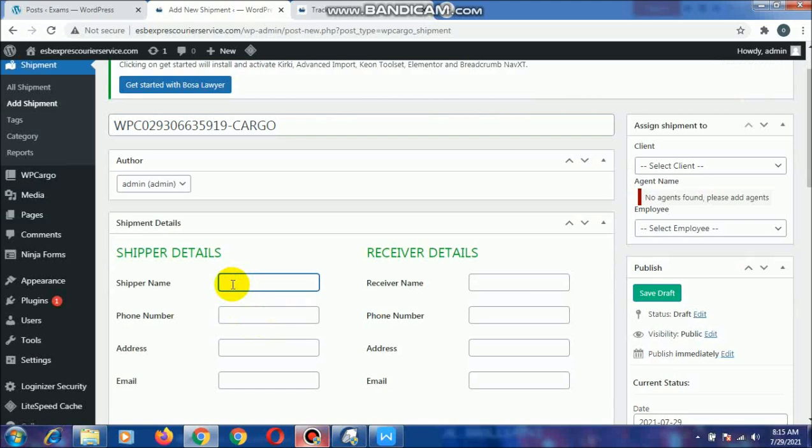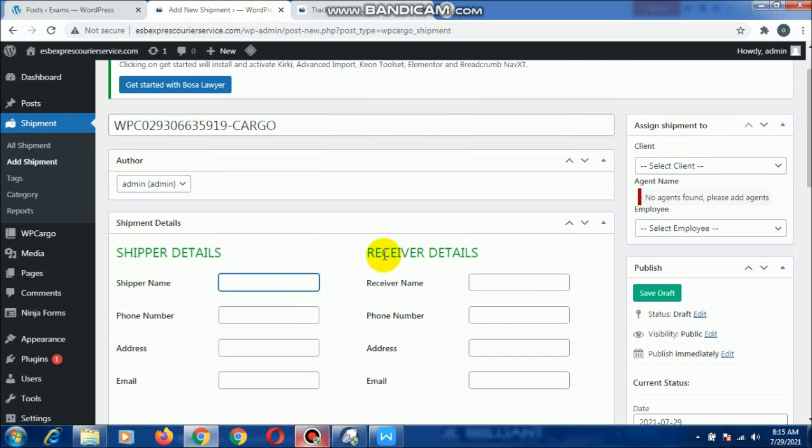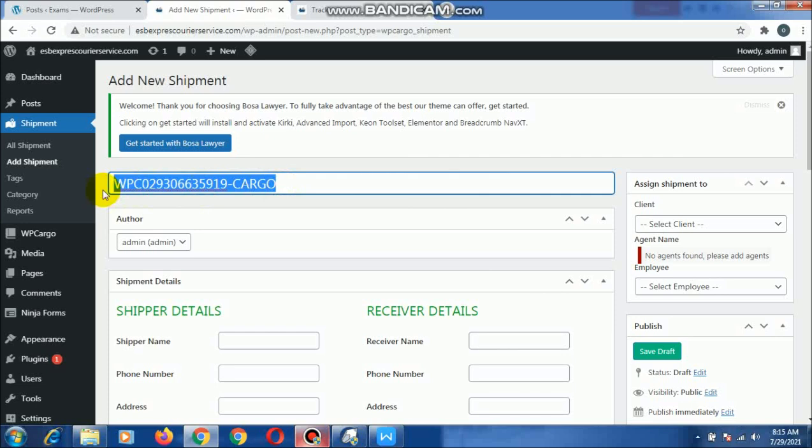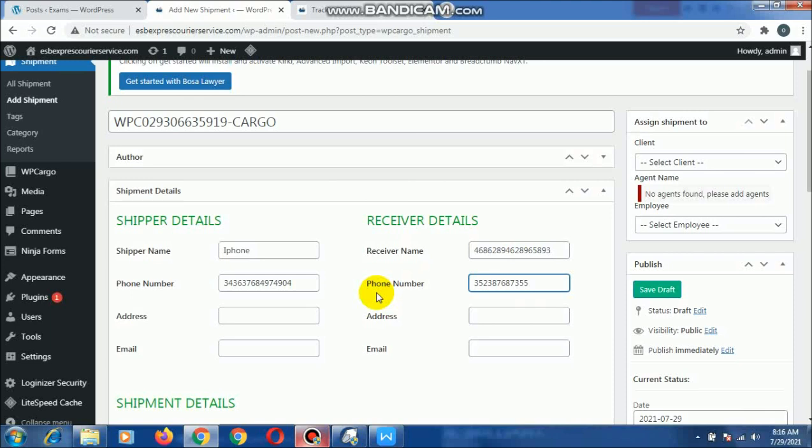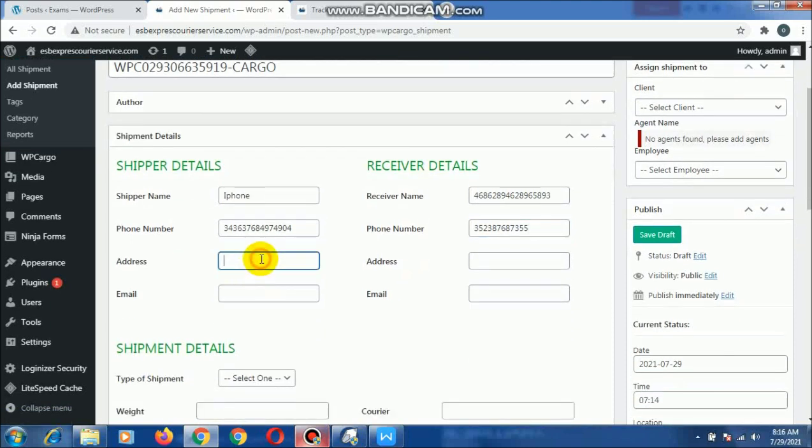So shipment name, let's just type anything just for it. Once we are done with this page, once we save this item that we are shipping to someone, this is the code you're going to send to that person. So that's going to track what you have here. So the items, so let's number, just type in the receiver number. You can put the original information there, address,